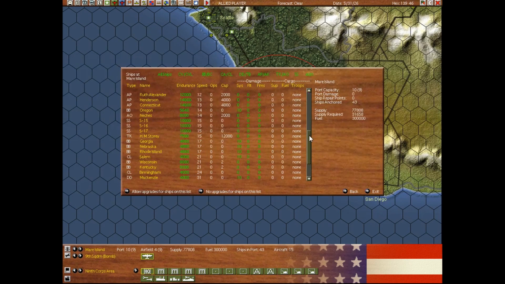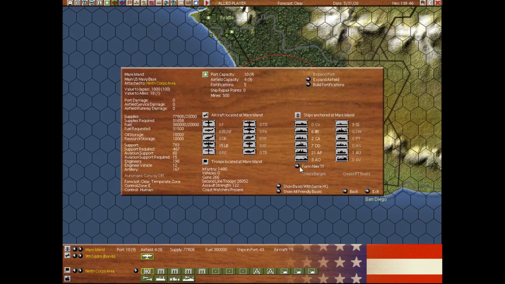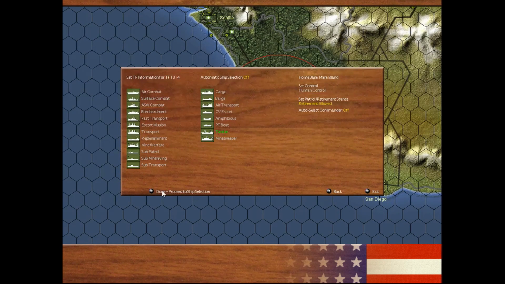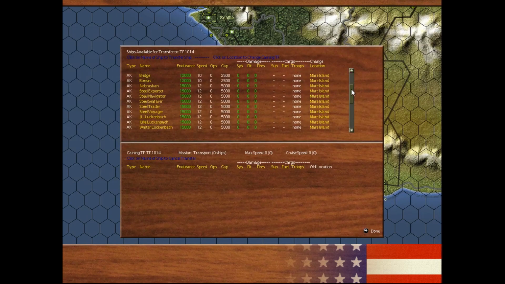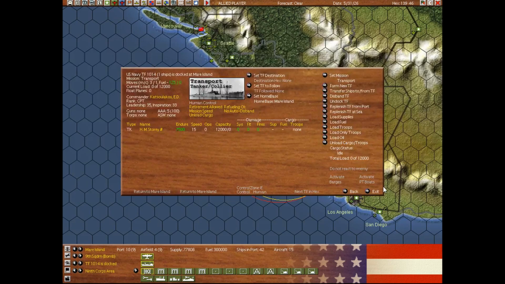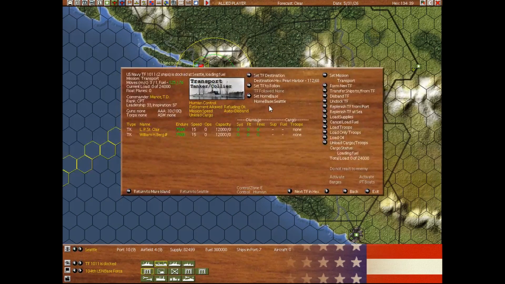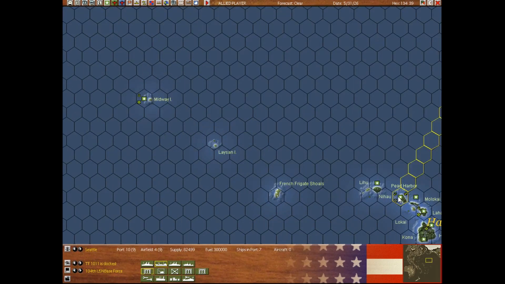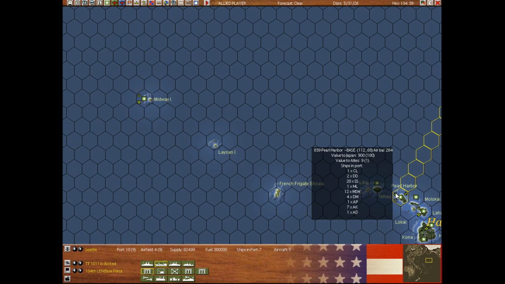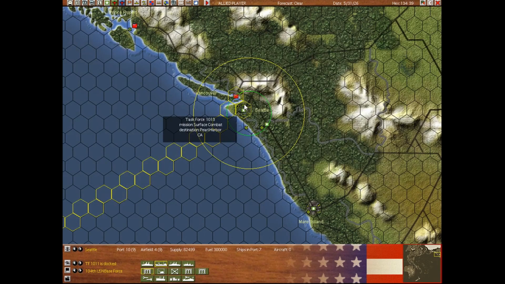So what are we looking at here? Let's get the transports out of the way. That'll be easy. Form a new task force. Get our tankers. EM Story. Pretty sure I set these tankers up here as... Oh no, they're just going to drop off some. We have enough tankers out in Hawaii. We have none. So I might be...